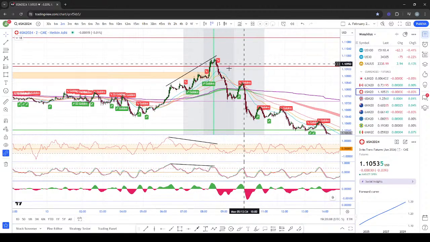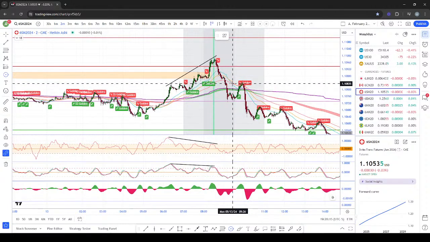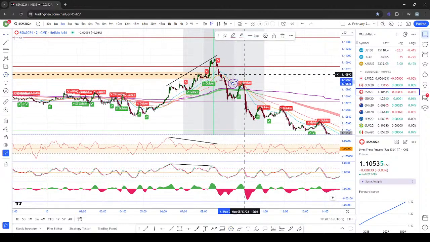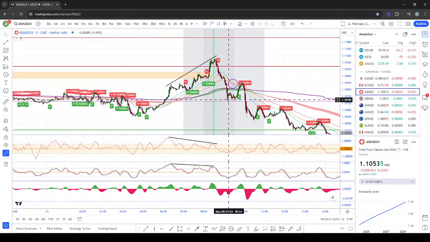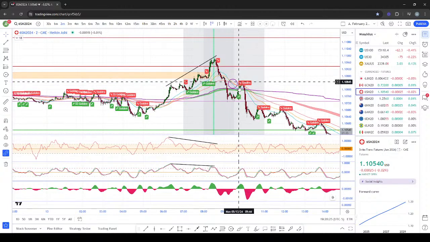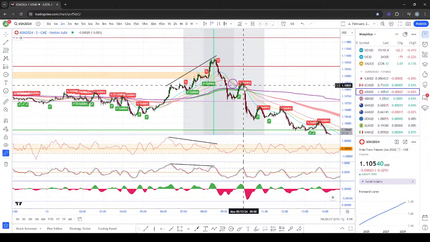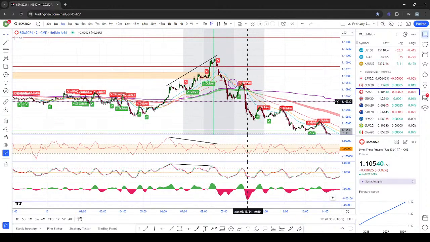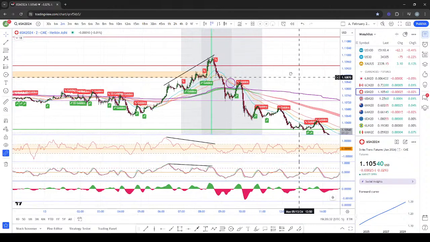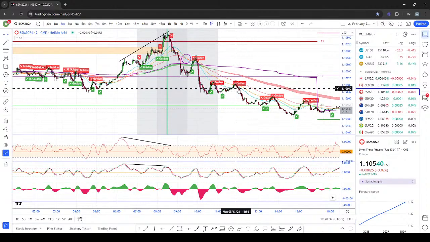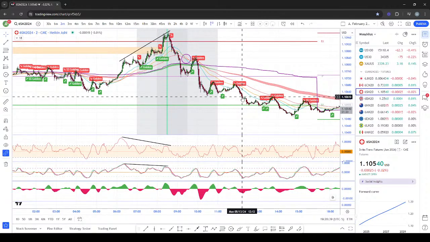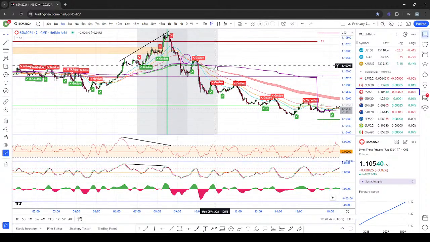I'll just delete that. Okay, and once again, there's that little transitional area where the oscillator, not the oscillators, sorry, the EMAs are switching from long to short. We have that nice little pullback, and once again we have a nice little signal, and you can get additional points in here and just follow through. And you have some other really nice golden signals right in here. As you can see, it's really nice sequence